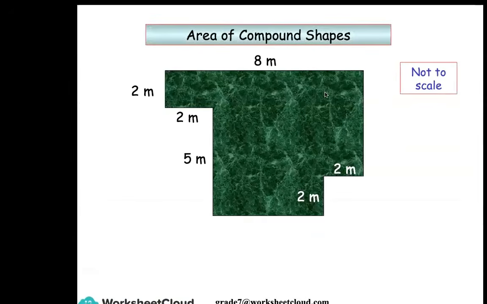Go ahead and work out the area of this compound shape. You are going to have to figure out the length of missing sides first, but press pause and let's see how you get on. Of the missing sides, well, first I'm going to split it up into different rectangles, and again you could have split them up differently,